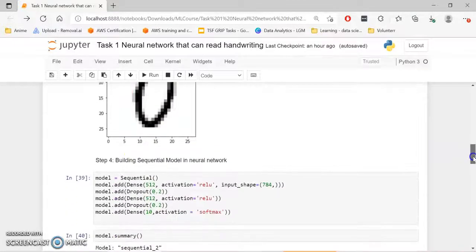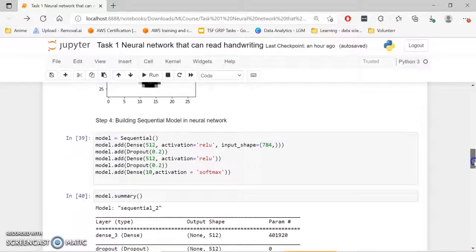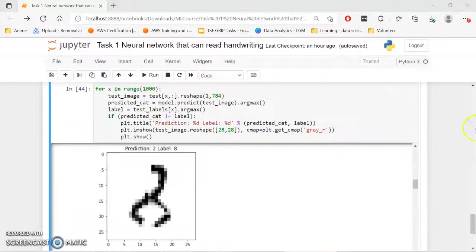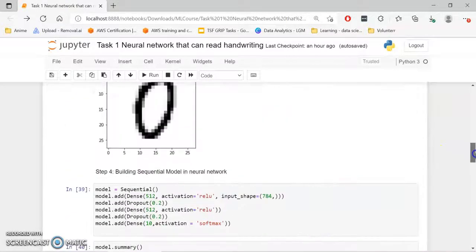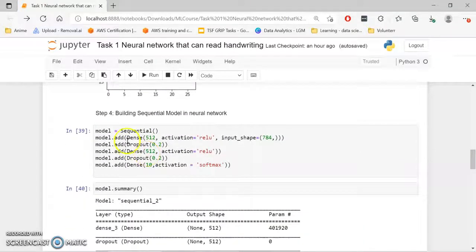And then we build the model, a sequential model. In the sequential model we create 3 layers. The first dense layer is the input layer, which contains the 784 input variables or input features.